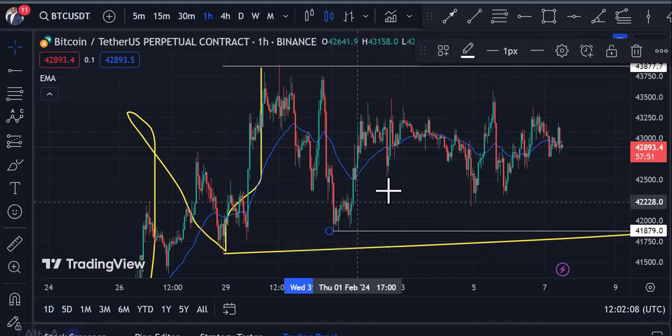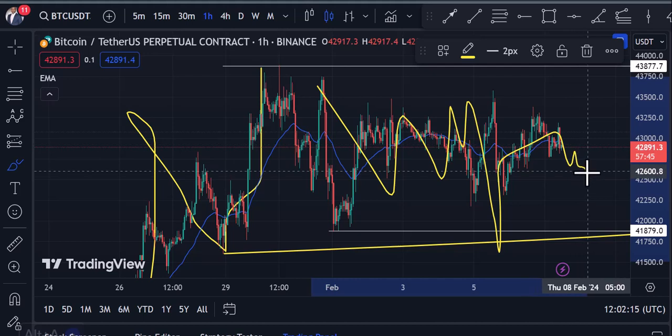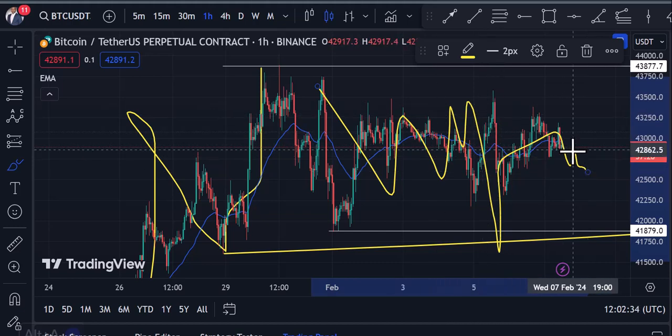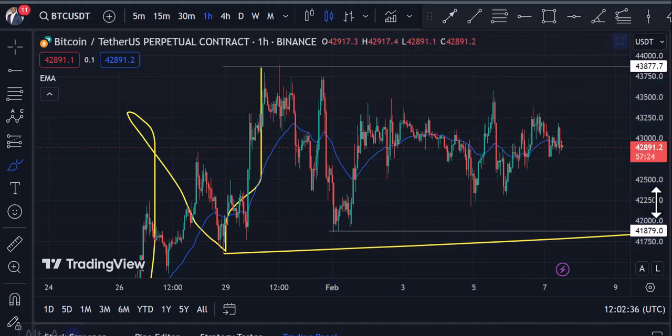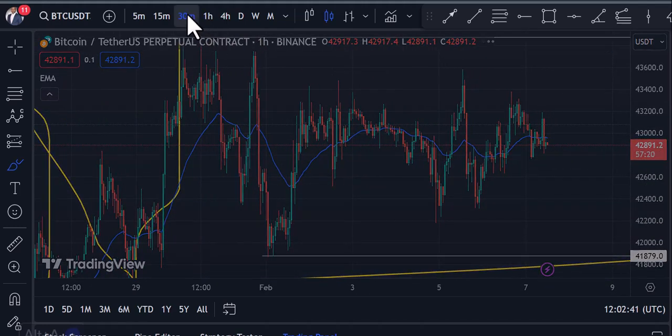So what is happening here? The market is simply consolidating, because it's not breaking high, it's not breaking low. For you to trade this kind of market, you must be professional. You must understand how to trade the corrective patterns. If not, you make money today, you lose money tomorrow, because the market is not trending, as this time frame implies. They are just moving sideways. So having that in mind, if you scale down to 30 minutes here now,